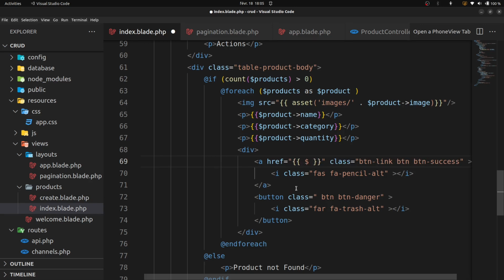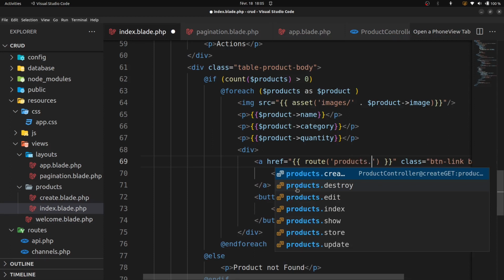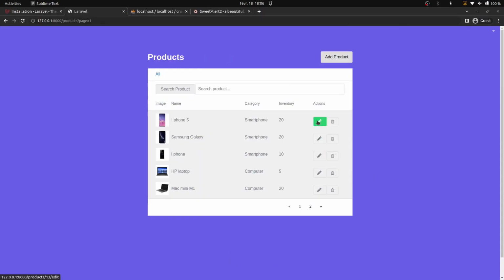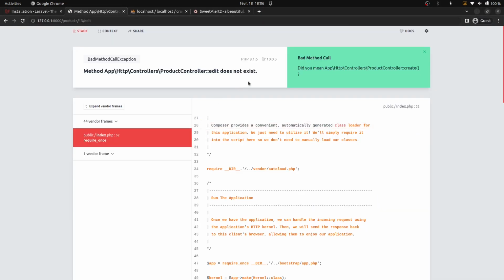Route product.edit, comma, product ID. Okay, when I click the edit button, we are going to have an error,